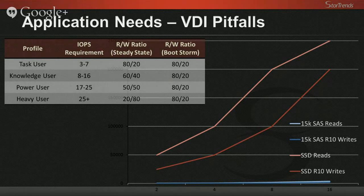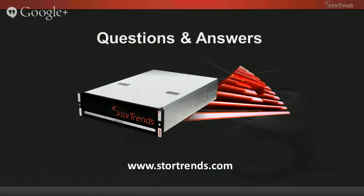So this does depend. In general, we consider it a 50-50 just because the writes are the heavier side of this. So to be on the safe side, I always go about 50-50 if I don't know what the overall solution is exactly. The other question, does StorTrends prevent cold data from being on high performance drives? Oh, how does StorTrends prevent cold data? So StorTrends has the tiering technology,